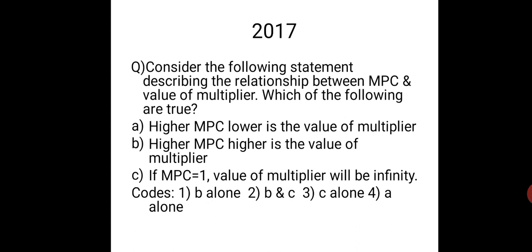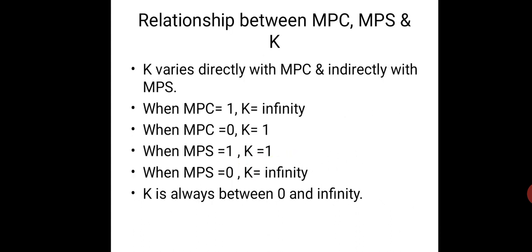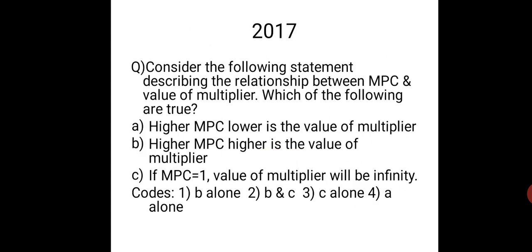Either you can study the relationship between MPC, APC and MPS and multiplier and all. Otherwise, you just substitute it in the formula. Only thing related to multiplier is that just study that formula 1 by 1 minus MPC. Then directly substitute it and see. Just give a number and see. If higher is the multiplier or lower is the MPC, just give a lower digit first to the MPC and